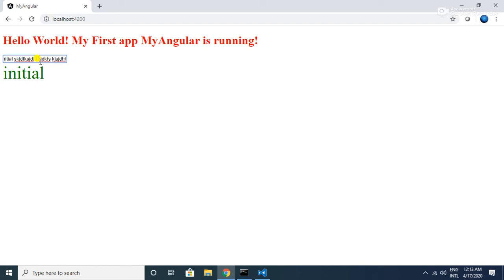If I look here, there is no change in the label content, even though I am modifying some data inside the input tag.